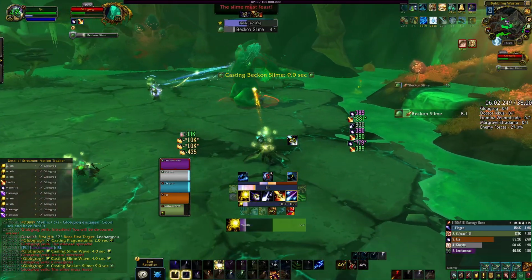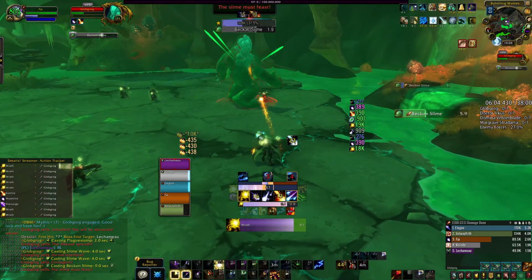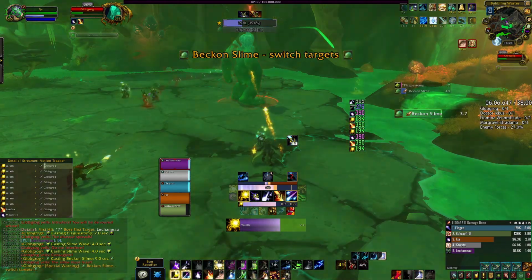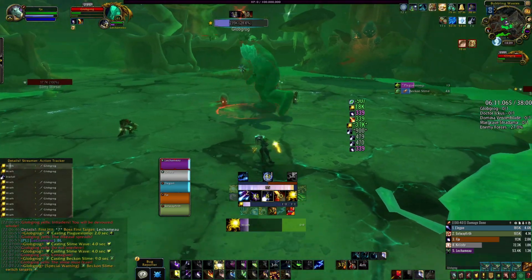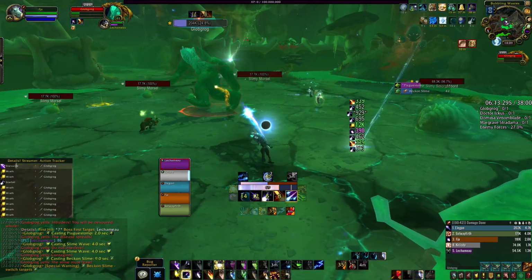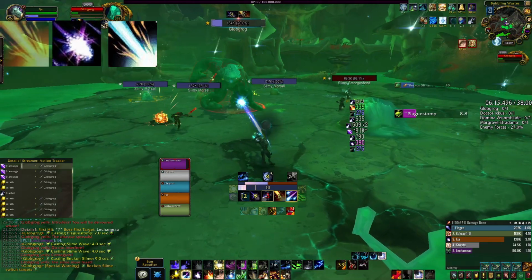So why would you want to cast Star Surge at the end of your Eclipse? This way your Starfire won't be able to benefit from the crit. So you want to use Star Surge immediately. This is going to create a very smooth back and forth rotation where what you want to do is reach